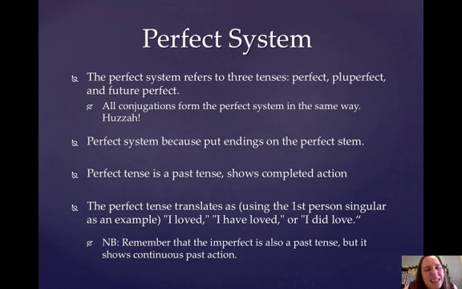Okay, and usually the "did love" is the way that you translate it in a question, right? So, did I love him? I did. Something like that. And don't ask me what the Latin for that is, because I don't think there is one. Anyway,